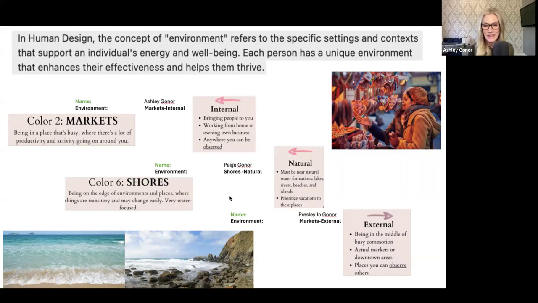Yeah. Okay, isn't that amazing? You just take it for granted that, oh, Paige likes the water that day or Presley likes New York. There's so much more in depth. Oh my gosh. I know. And isn't it? I wish I would have known this stuff when my kids were younger, so that I could say, oh, okay, so